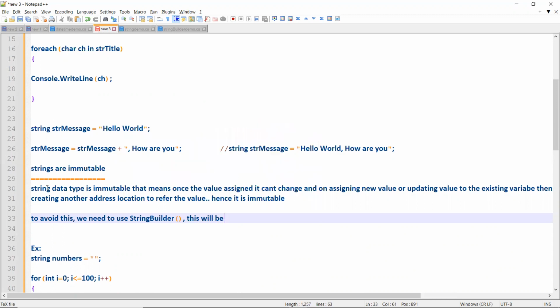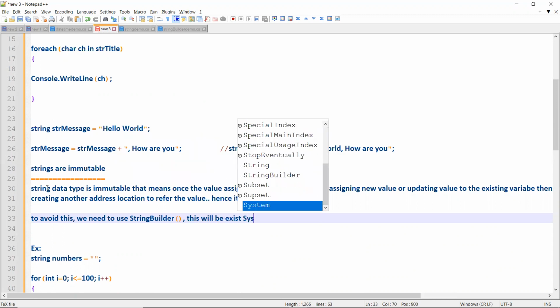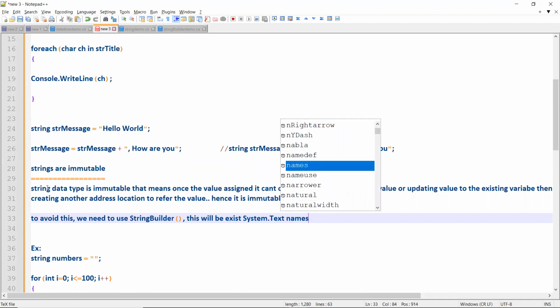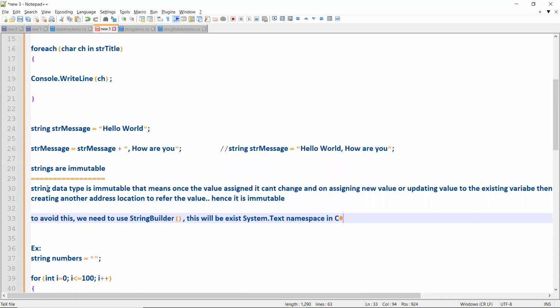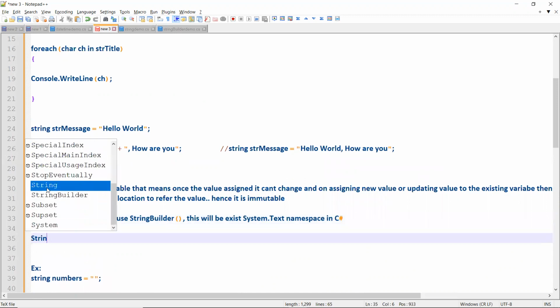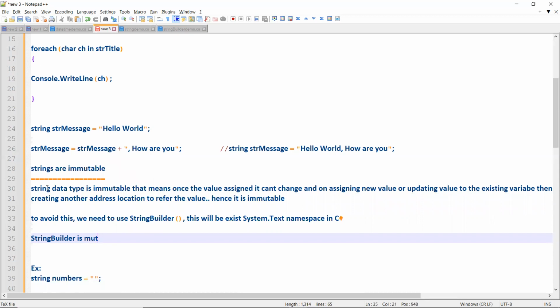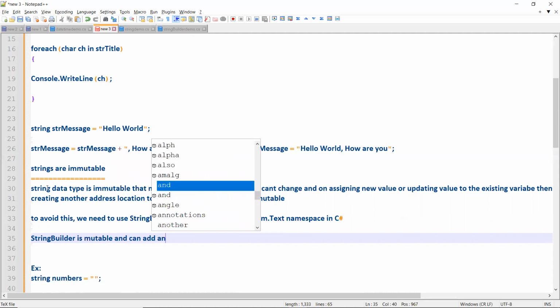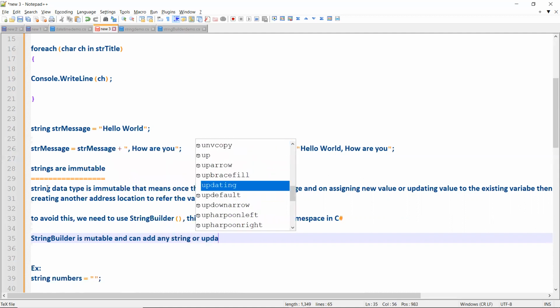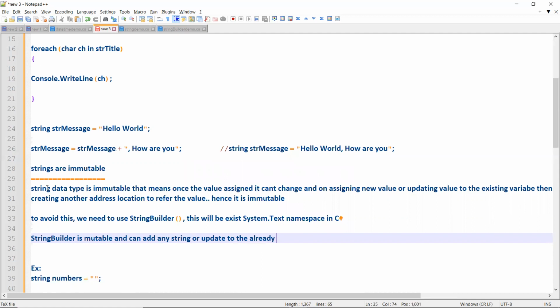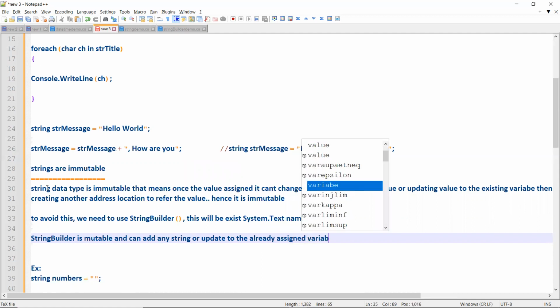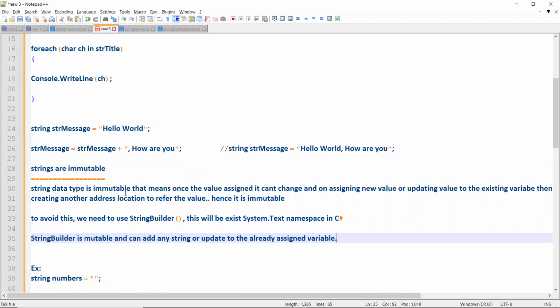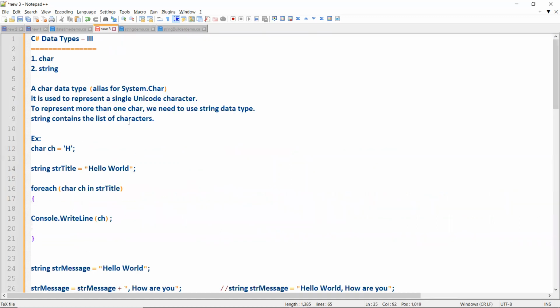This will be existing about text name information. So StringBuilder is mutable and can add any string or update to the already assigned one. That's it. So I hope you understood what a parent string is, and then the string, again we have